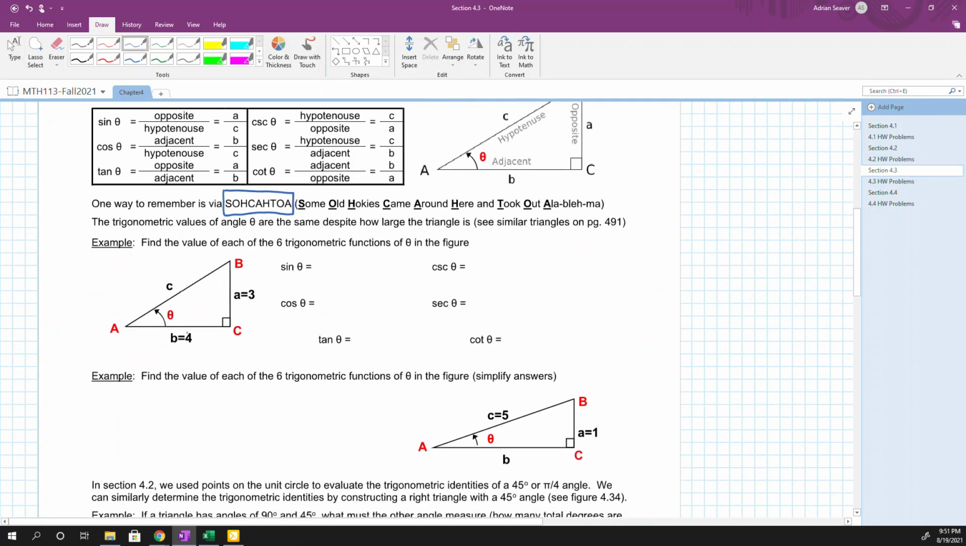So as I look at my first example, it says find the value of the six trigonometric functions of theta. Here's my angle theta. If I wanted to find the sine of theta, sine is opposite over hypotenuse. The opposite side of theta is this A equals 3. So I'm going to have 3 over the hypotenuse. Again, that's the longest side, but it's also the side opposite your 90-degree angle, and it's always going to be your longest side. Now, here I only give you the opposite and adjacent sides,